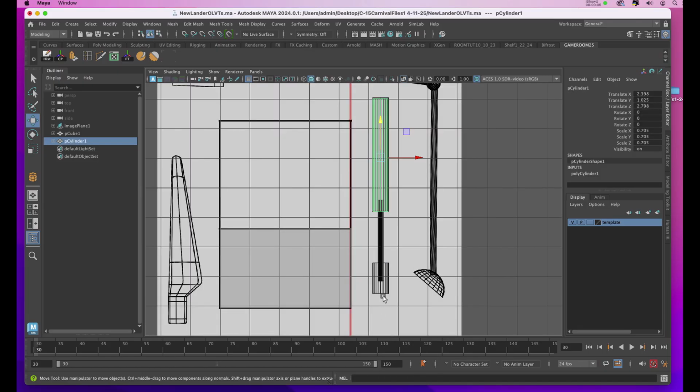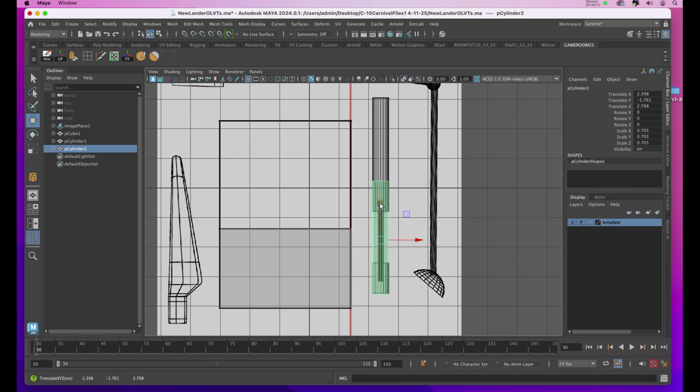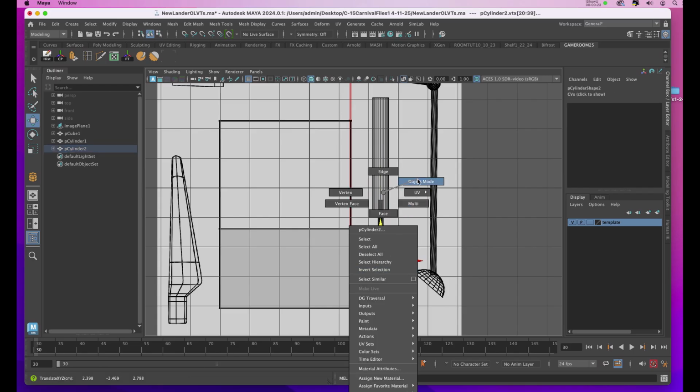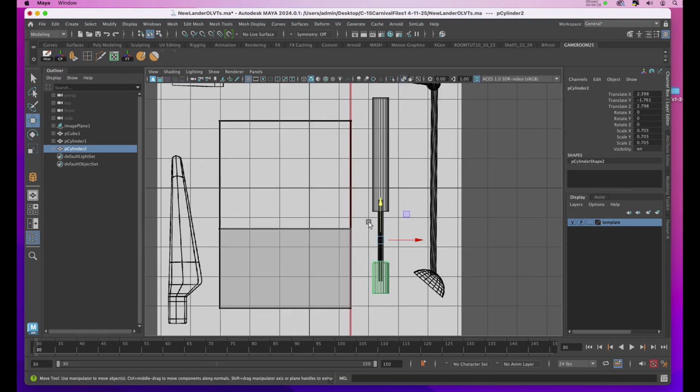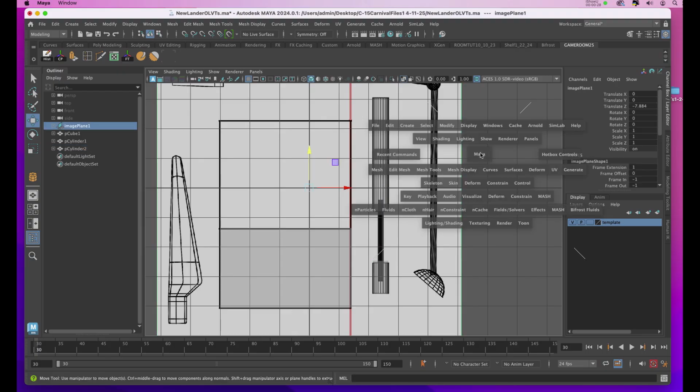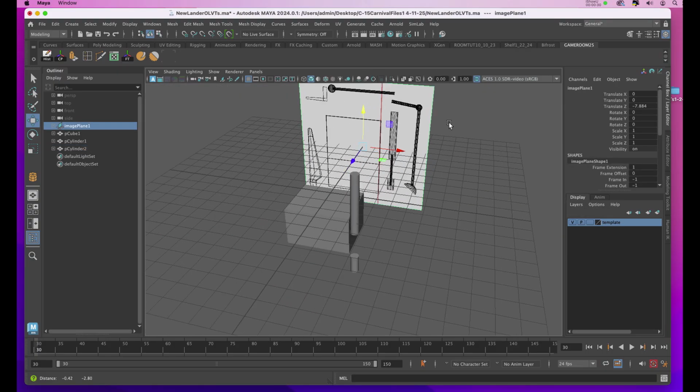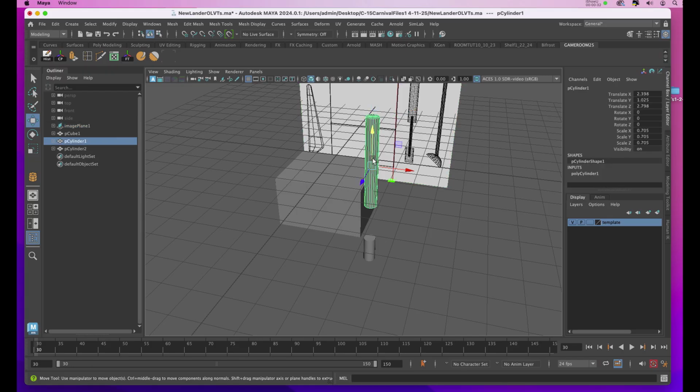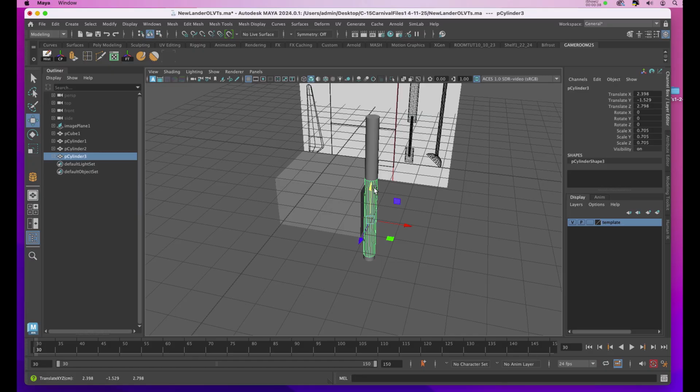I'm going to duplicate this to make the smaller one down here. I'll hit Command D. I'll slide it down, and I'll right-click and choose vertexes. I'll grab the vertices on top, and I'll pull them down to get the height I need. I'll right-click and choose Object Mode. Now we have to make that thin cylinder in the middle. And it's pretty simple to do because this is very symmetrical, which means if I was to duplicate the larger one by hitting Command D, and I start to pull that down,